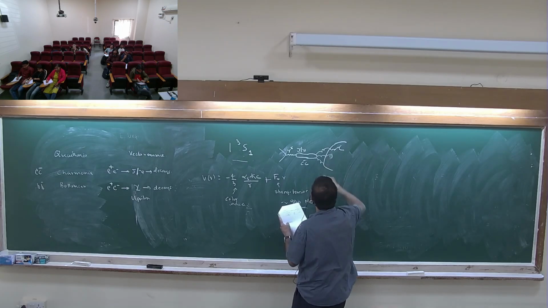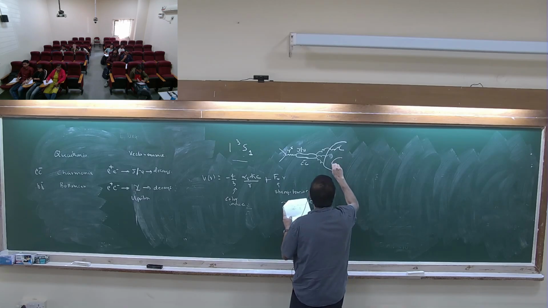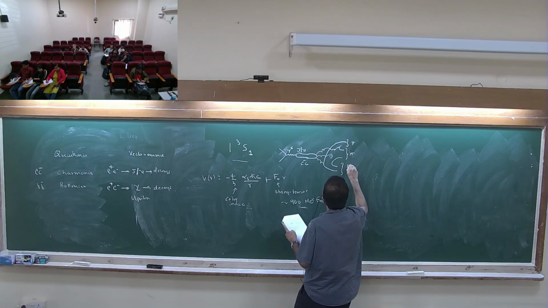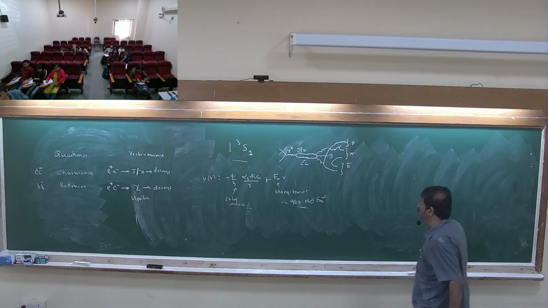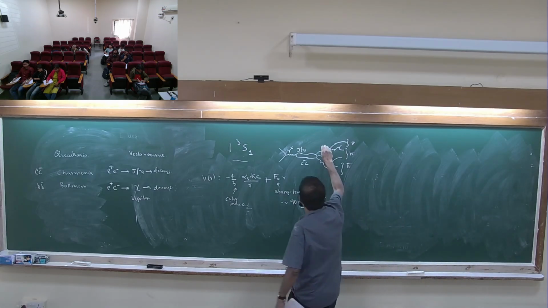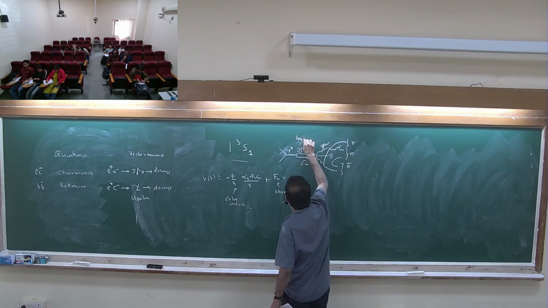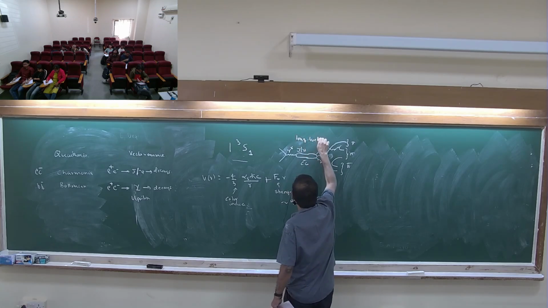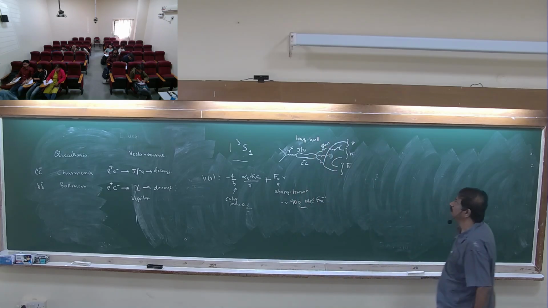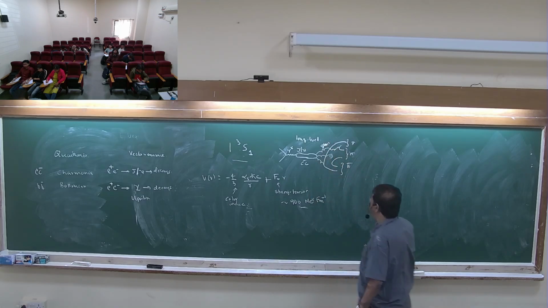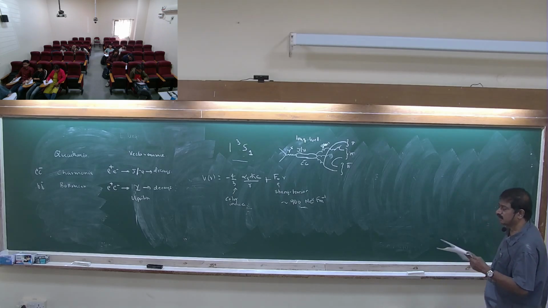So here is a pi, here's another pi. So it's a very long-lived state. These are all gluons. It is long-lived because it requires 3 gluons for this process to proceed,